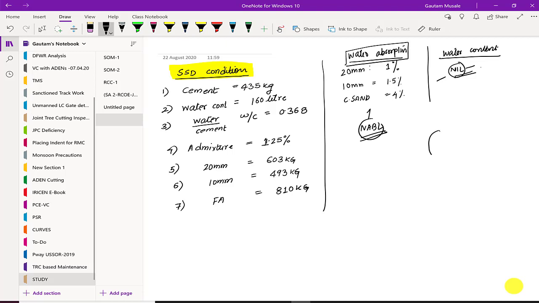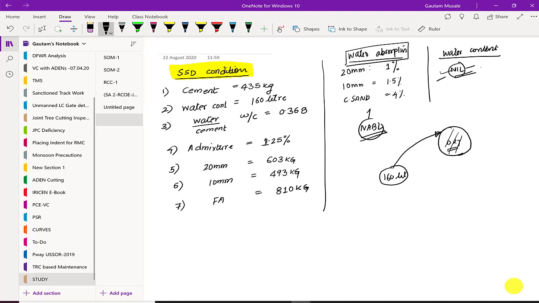Now let us once again revise it. As I already mentioned, the maximum amount of water which can be absorbed, lying inside, is the water absorption. In my particular case, since my water content is 0, I can say that inside my aggregate I do not have any water, that is, it is completely dry. And if I add this 160 liters of water, a major fraction of this water would be absorbed by these dry particles in becoming an SSD condition, and a lesser amount of water will be available for my concrete for the hydration process.